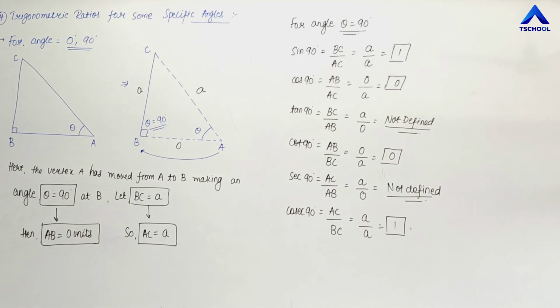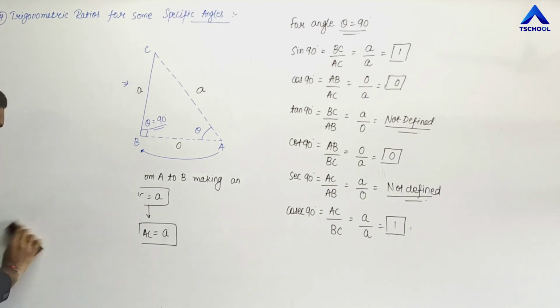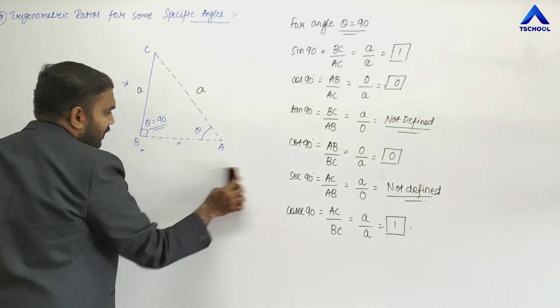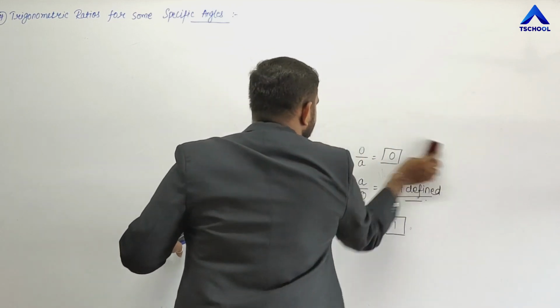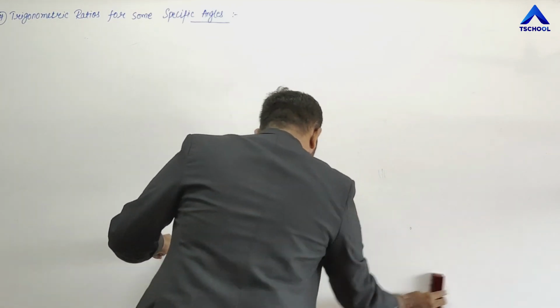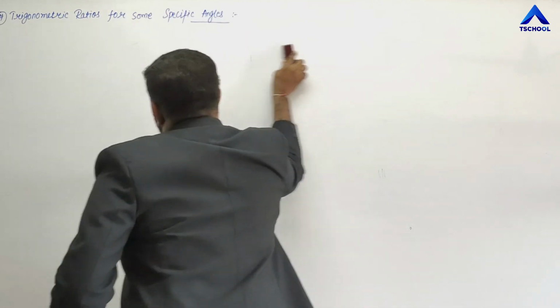Okay friends, so let us quickly write down all the values here on the board at a time, so that you can take a snapshot of this and archive it in your gallery. Then in the next lecture we are going to start with the sums related to trigonometric ratios for some specific angles. Okay, so first of all let me write down